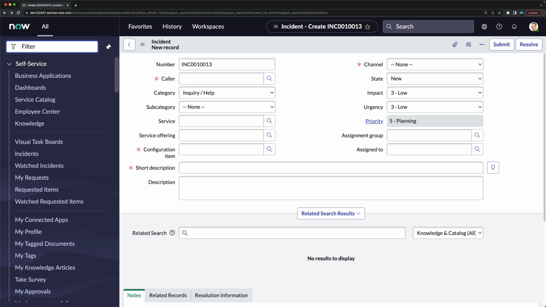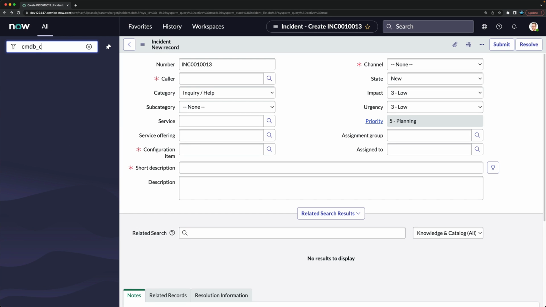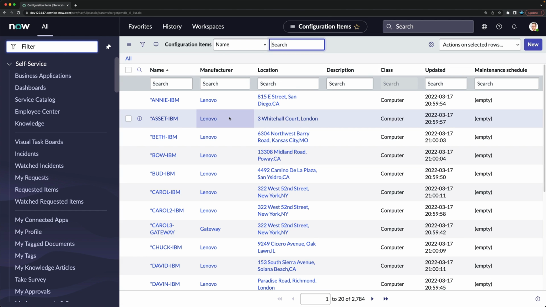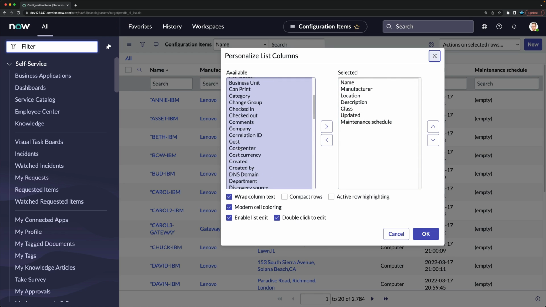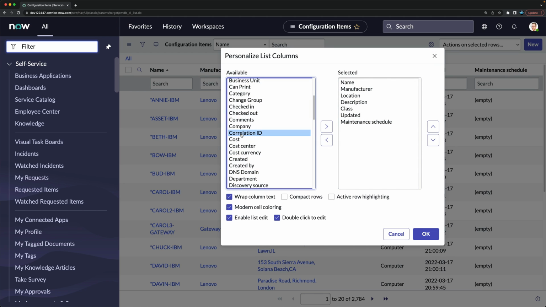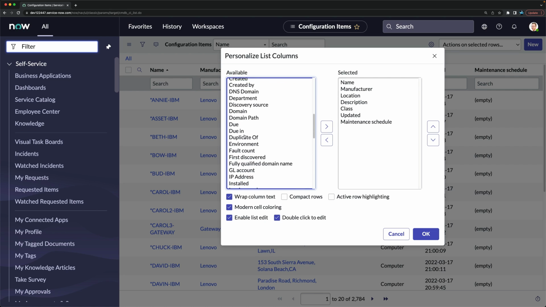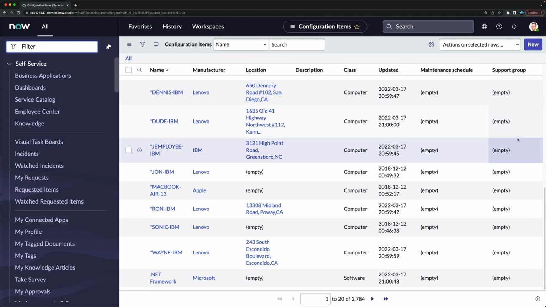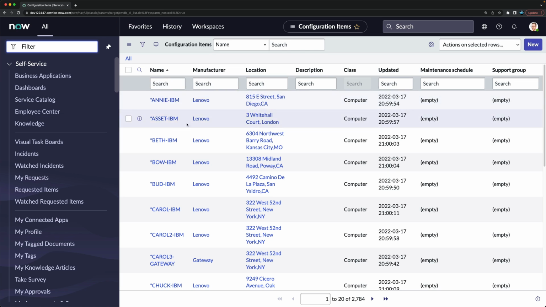I will just maybe mention cmdb_ci.list. And if I do that, we have that field as CI support group. So let's check that support group. Yes, we have this support group. If I click on OK, I think a lot of configuration items do not have this support group, but